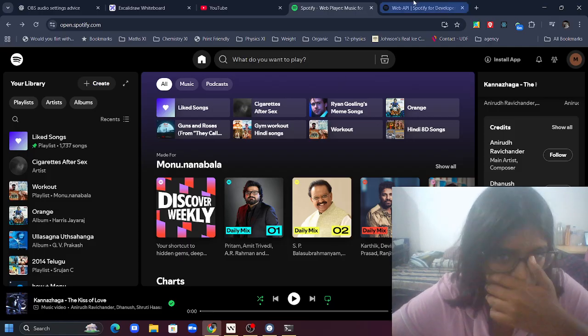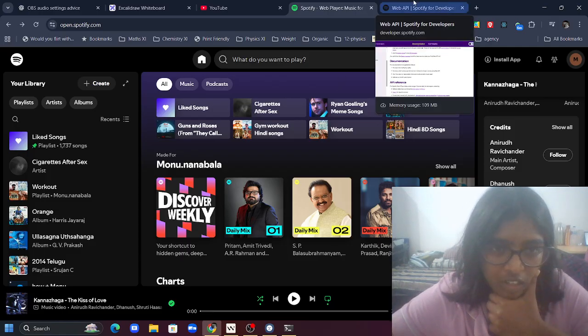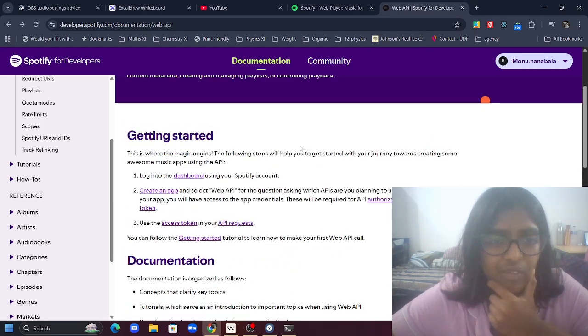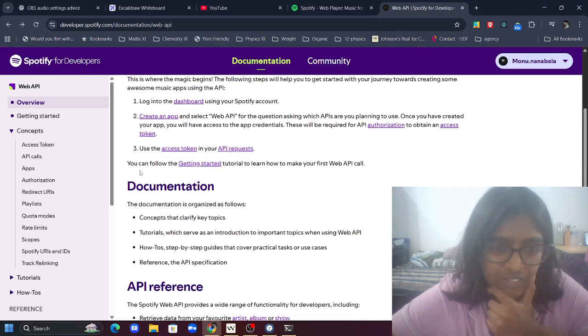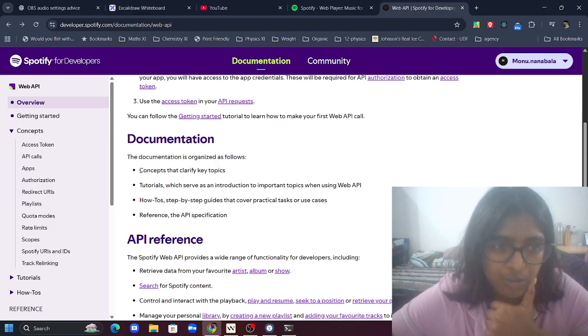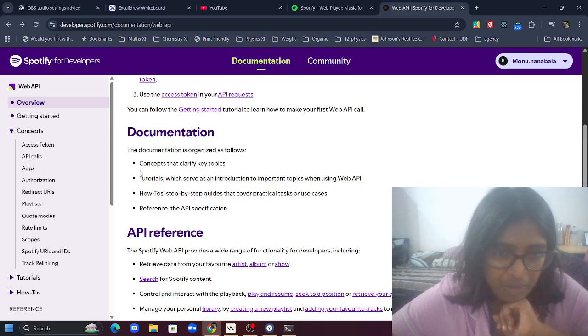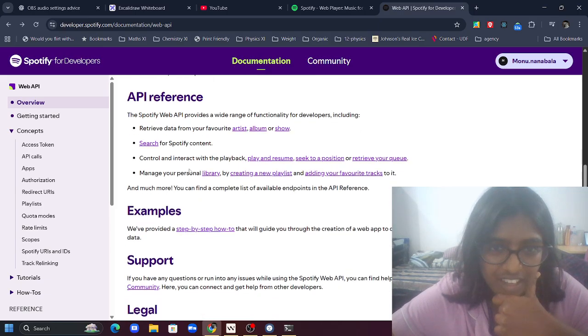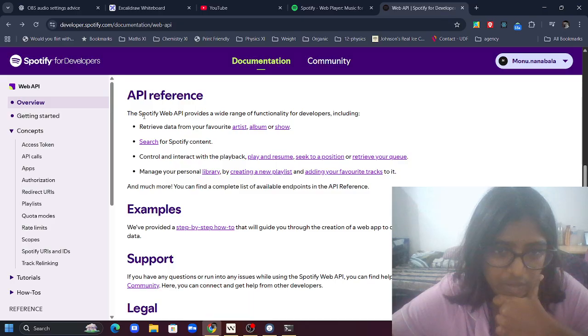Okay, so basically, I would start off with my favorite part. I actually love playing with the APIs which these people provide, be it Spotify or any other app. I just love the APIs and playing with them on Postman. So let us just start with that. The Spotify Web API provides a wide range of functionality, including retrieving data,